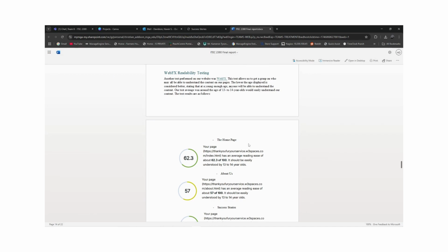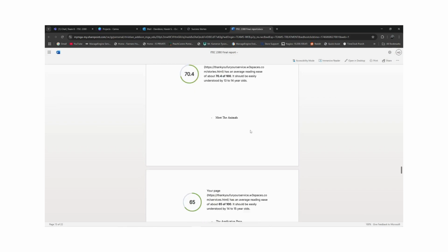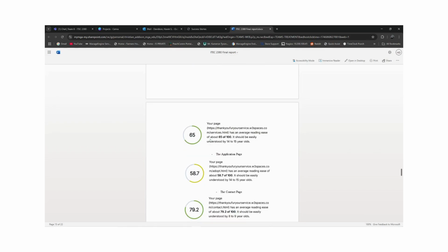We also did readability testing. We ran this test to check how easy the text is to read. Most pages were readable by users as young as 13 to 14 years old, which means our site is very accessible and clear to a wide audience. As you can see,